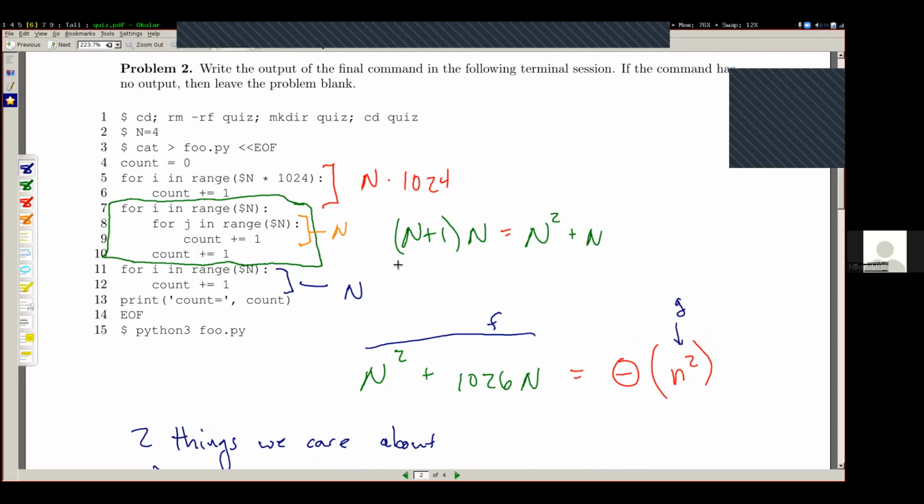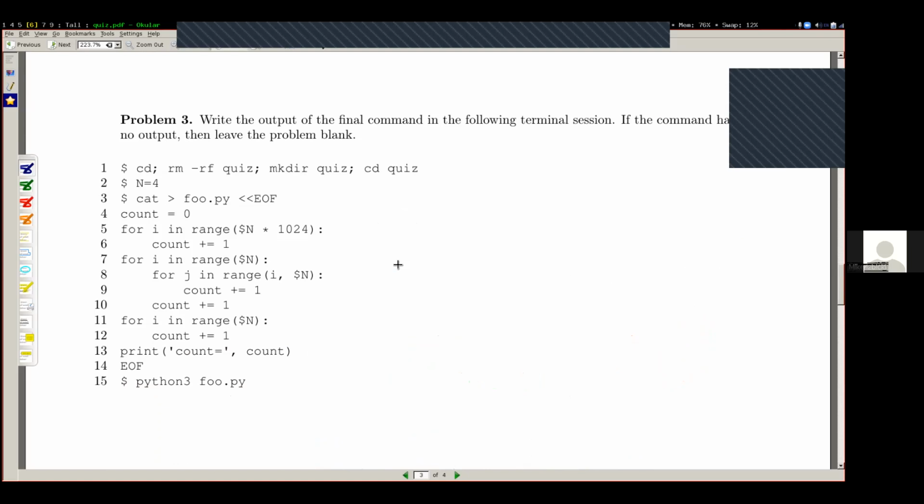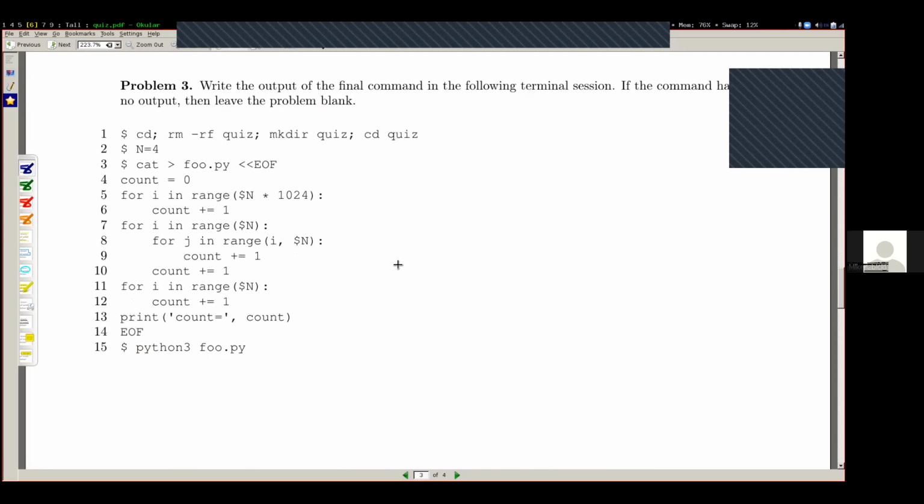So we're going to go on to the example or problem 3 down here, which is a little bit more complicated. Everything is the same in problem 3 down here, except for this line right here. In this line, I snuck in this little i value. And so now when we're trying to figure out how many times this inner for loop is going to run, the number of times this runs